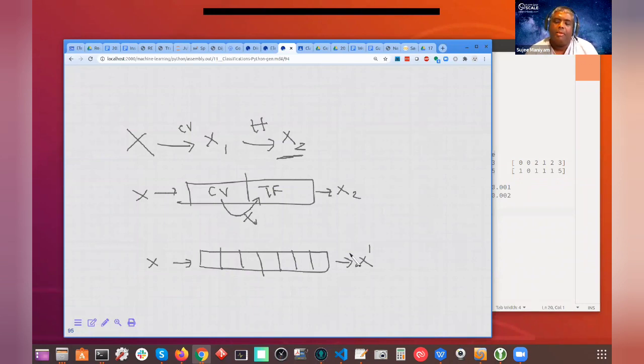The reason we do it this way is, imagine you have a text transformation scheme. Say when I get text, first I'm cleaning up the text, then lowercasing the letters because I want everything lowercase, and doing some other steps. Finally you do count vectorizer, and finally TF-IDF. Once you have this pipeline set, you can keep reusing it. Rather than manually saying step 1, do this, step 2, do this, you create a pipeline and simply input into it, everything gets done in sequence, and out comes the processed data.